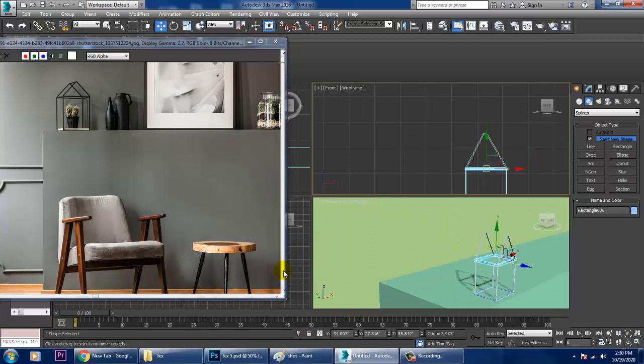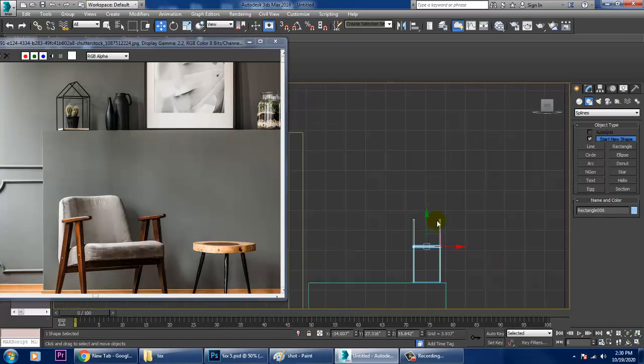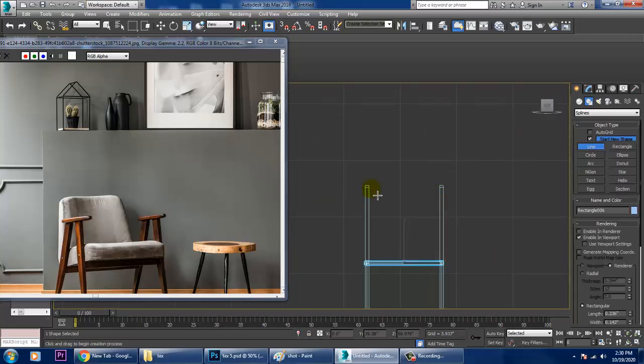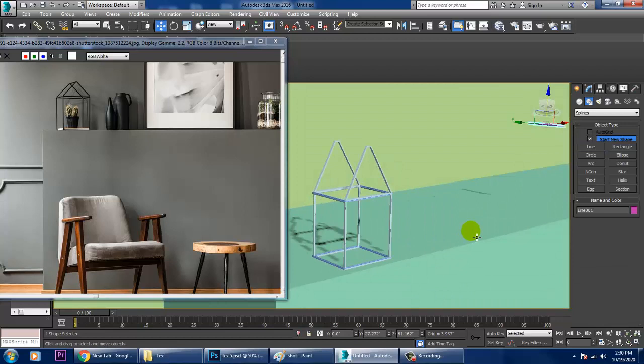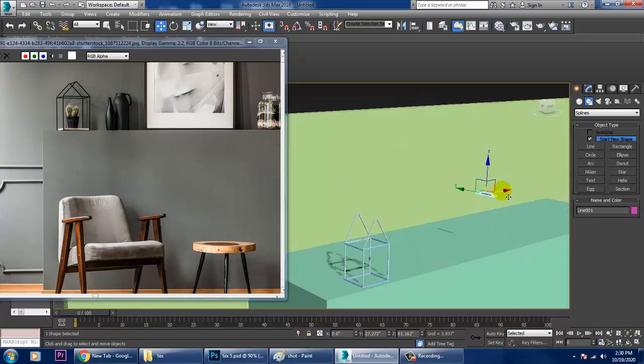Let's go into this view and again take one line. Take one line over here and place it over.